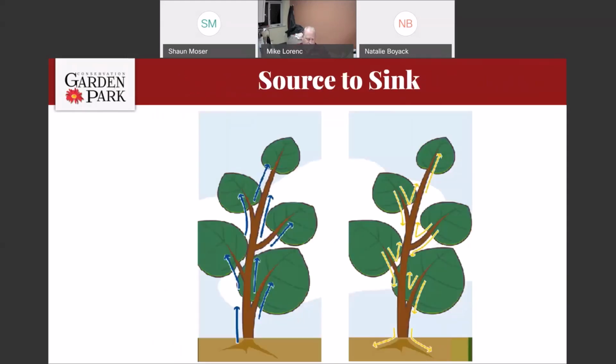So I did want to explain this concept to everybody, and this is why herbicide actually works in a plant and why it works sometimes better than others. And this is the source to sink. So the basics of this sort of thing are where the sugars are going. Now, in the spring, sugars are really going into the leaves of the plant, trying to develop the flowers. So spraying something in the spring, you're much more likely to kill the top